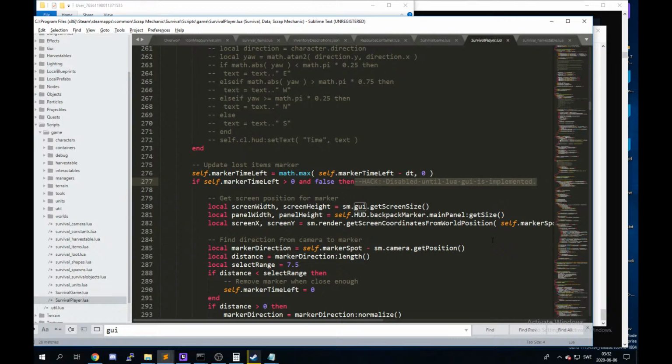We have our answer. The comment here says hack, disabled until Lua GUI is implemented. Which pretty much tells us straight up from one of the developers there that GUI handling,